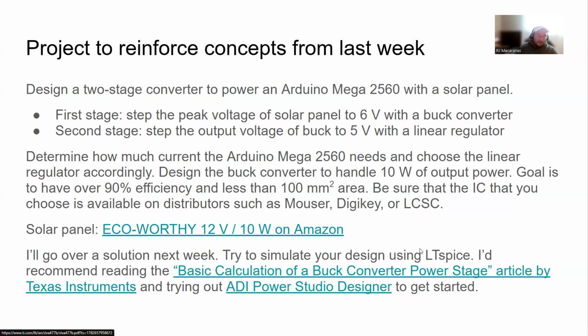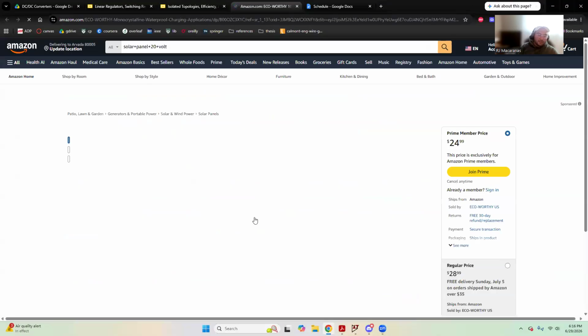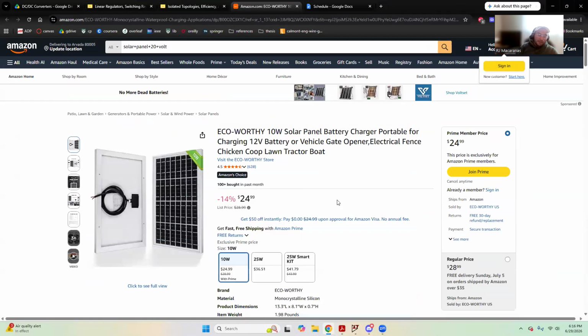And so I've given this solar panel from Amazon. I actually have one of these in my home lab, so I'll probably build up this little project too and kind of test it along with you guys. It's a relatively cheap solar panel, I think it's like 20 bucks. So if you wanted to get one yourself and build up your own home lab, you could pretty